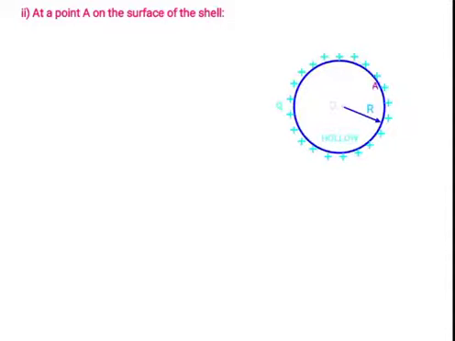Now suppose we consider the point on the surface of the shell, somewhere here on the surface itself. In the previous slide, you understood the point P was outside. But suppose we consider a point on the same surface wall. Again, same imagination: ds and E are both in the same direction. This is the flux formula.